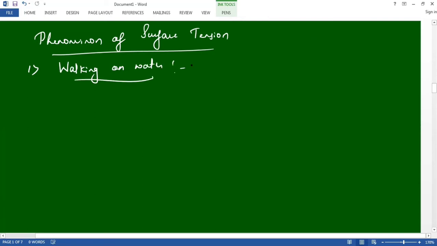Okay, there are some small insects, such as water spiders, which walk on the water. The small insects such as water spiders can walk on the water because their weight is not enough to penetrate the surface tension. That is the reason why the water spiders are able to walk on the surface of water. For example, this is water, and some insects, water spiders, will be walking on it, with their legs over it. It will walk over the surface of water.